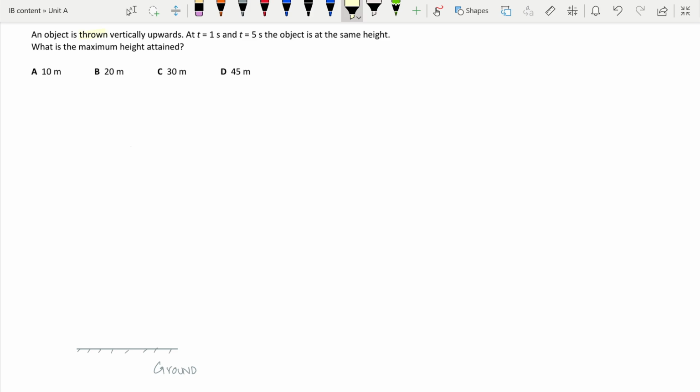An object is thrown vertically upward, and at these two times, t equal to 1 second and 5 seconds, the object has the same height, meaning the same displacement from the ground. Okay, before we solve this question, there is one very important assumption that we are making, because this is vertically upward,